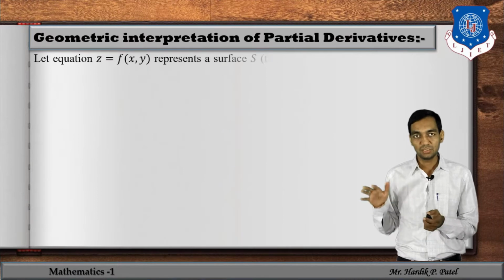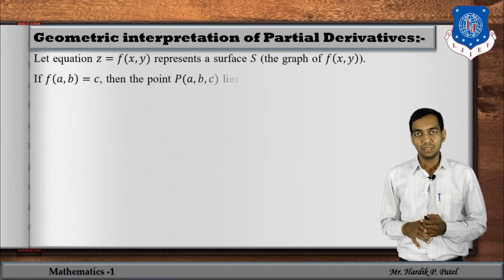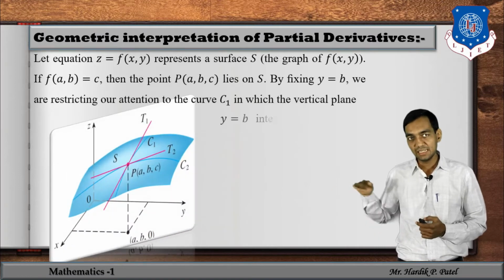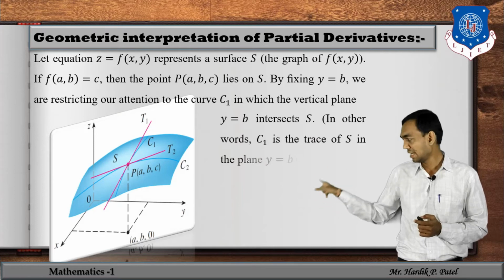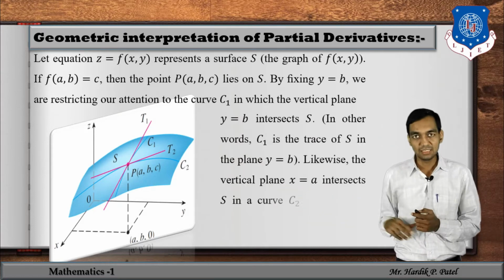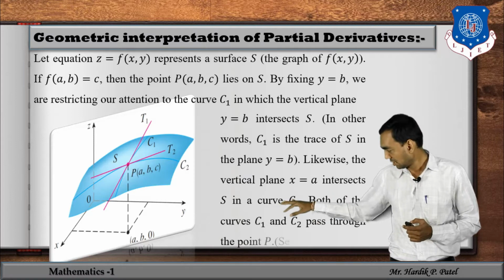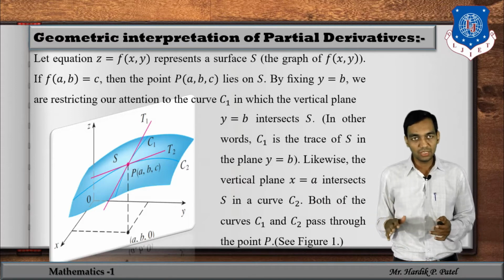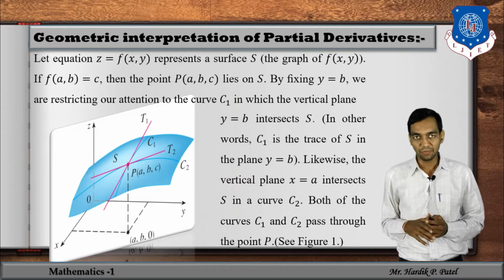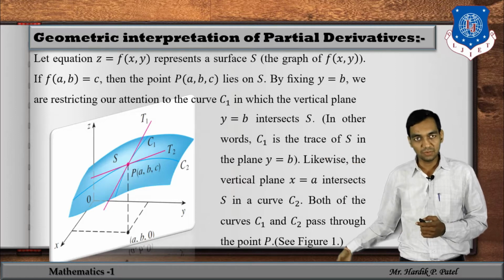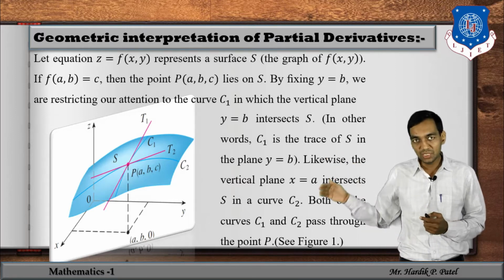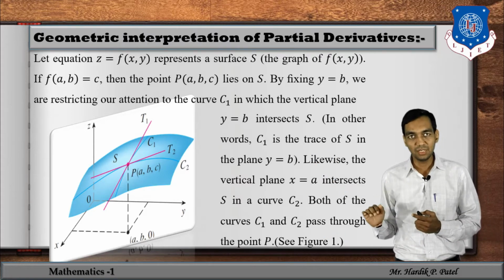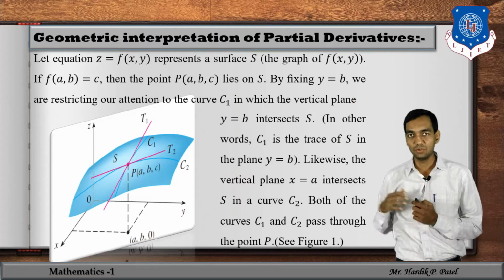First of all, what is the geometric interpretation of this partial derivative? Here, z is equal to f of x y, any three dimensional surface, is given by S. Here the blue surface S is given in color blue. Now what are we going to do? We take one constant plane y is equal to b, and if we cut the surface by y is equal to b, then we get the curve C1 on the surface S. Now this C1 lies in the constant plane y is equal to b.